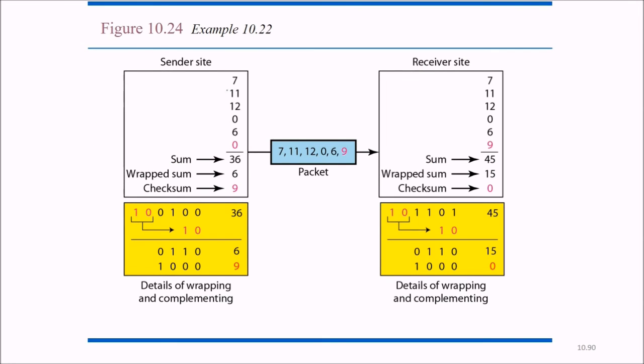So this is at the sender side. These are the values. This is a checksum we have added. Let us sum them all. That is 36. If we sum these, we get 36. And after this 36, we see the wrapped sum, because we know that these are bits, so the leftmost is added with the previous one. This will be 6. And in our arithmetic form, it will be 9. So we send 9 in the packet.